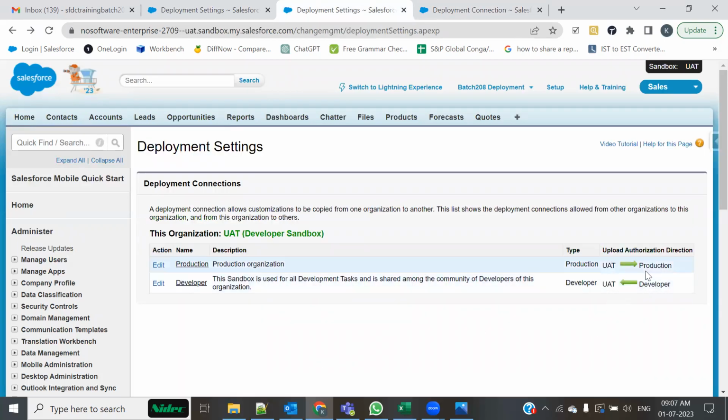देखो, UAT से प्रोडक्शन कनेक्ट हो गया, तो अभी आपकी एक ऐसी सीरीज बन गई है कि from Dev Sandbox you are going to send something to UAT, and from UAT you can send it to production. डेवलपर सैंडबॉक्स से कहाँ जाएगा, UAT जाएगा, और UAT से फिर कहाँ जाएगा, प्रोडक्शन। ये हो गया एक डायरेक्शन। अब इसमें एक क्वेश्चन और आता है,